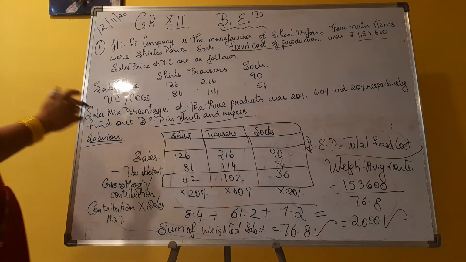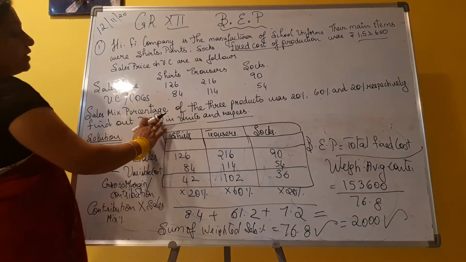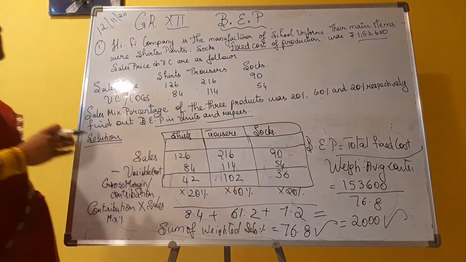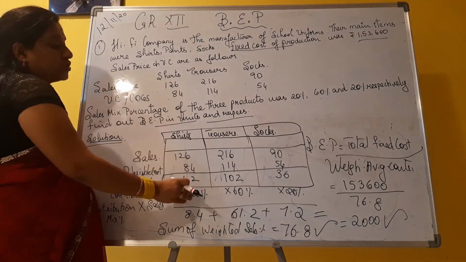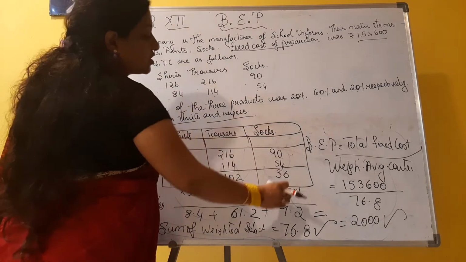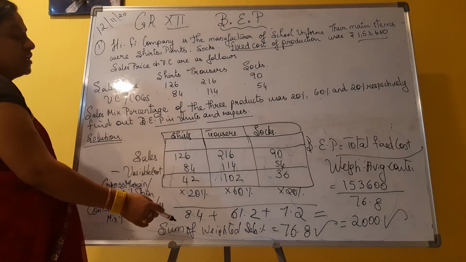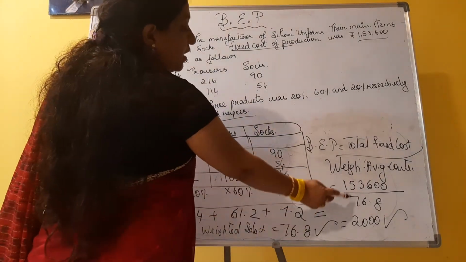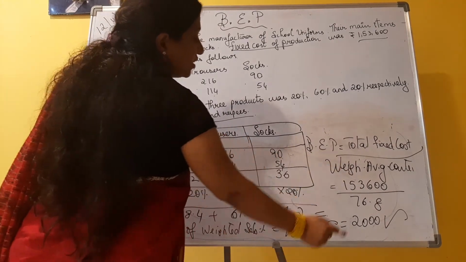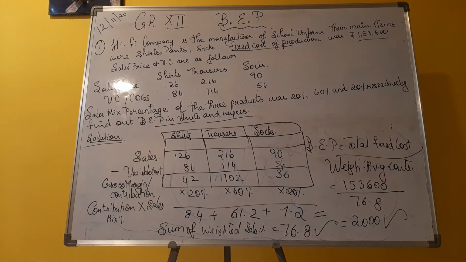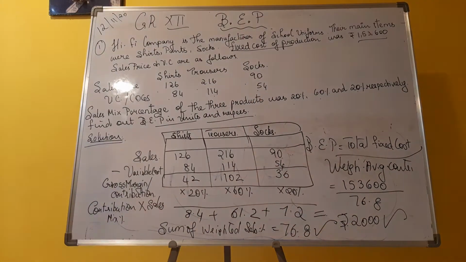In a normal sum where there is no mention of the percentage, you can directly add these three and do the weighted average. But when they have mentioned the percentage of sales mix, that means that is the proportion at which sales is done. That means in a month, shirt is 20% of sales, trouser 60% and socks 20%. So when the percentage is given, you have to do it on the percentage basis, arriving at 76.8. So this would be the contribution. The formula is fixed cost by weighted average contribution, which gives 2,000 rupees. Got it? This is BEP in rupees, children.